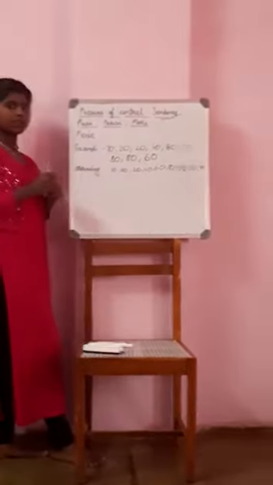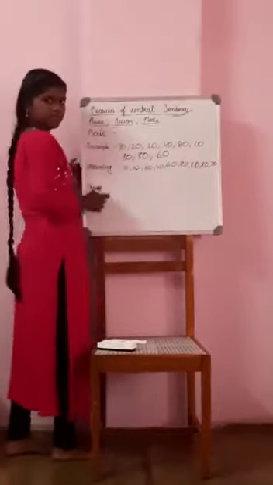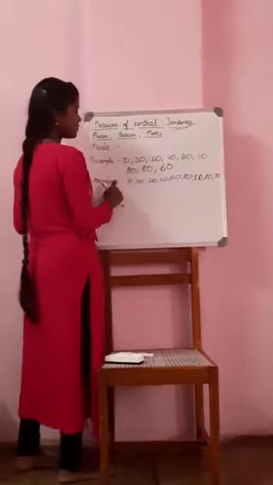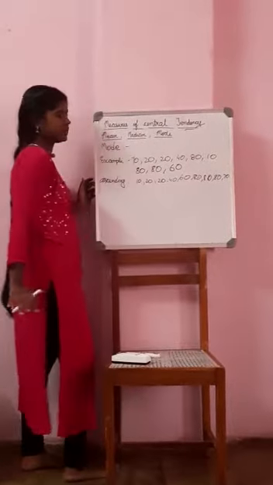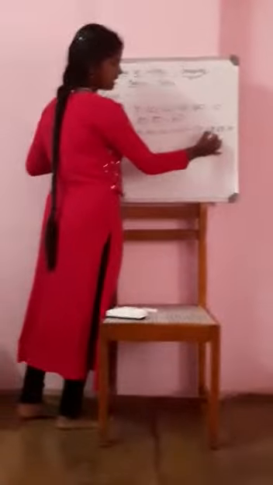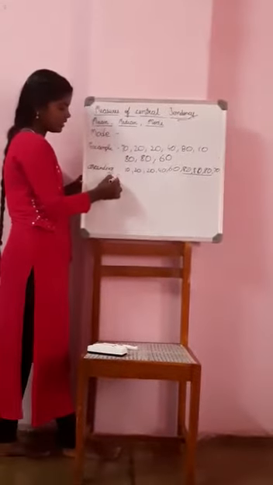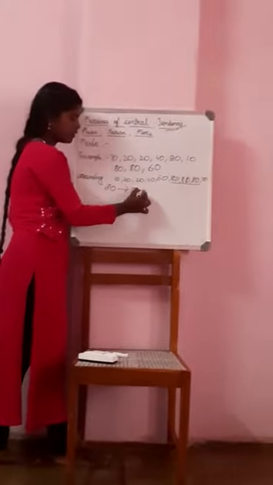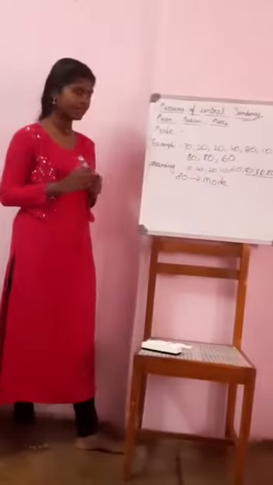Now let's see what is mode. Now see an example here. I have written some numbers. It is marks of a few students: 70, 20, 20, 40, 80, 10, 80, 80 and 60. Now what I will do is first arrange them in ascending order. Now I find that 80 is repeated most frequently. This is the mode. Mode is nothing but a value which is repeated most frequently in the given data.